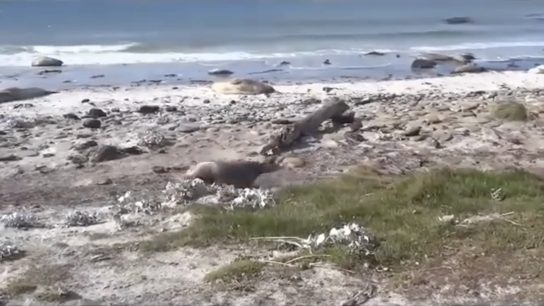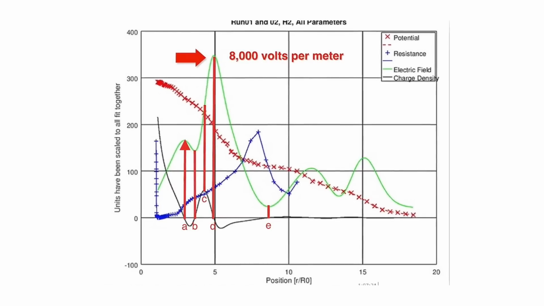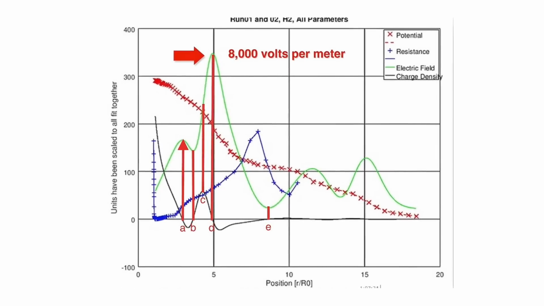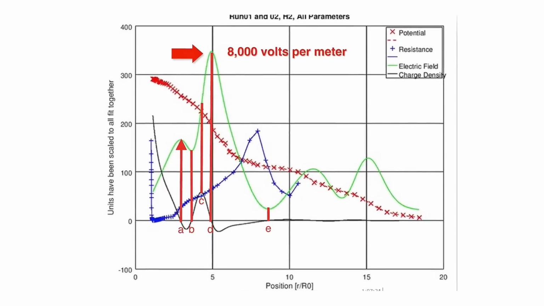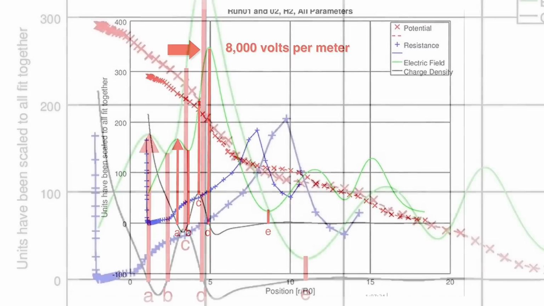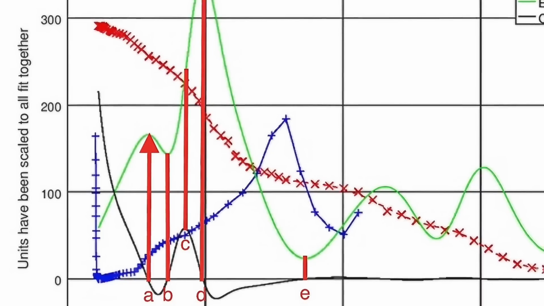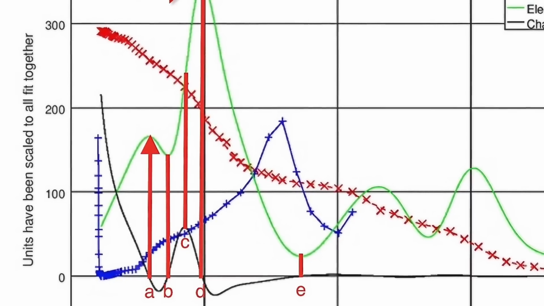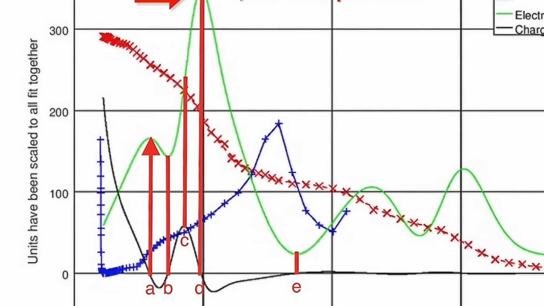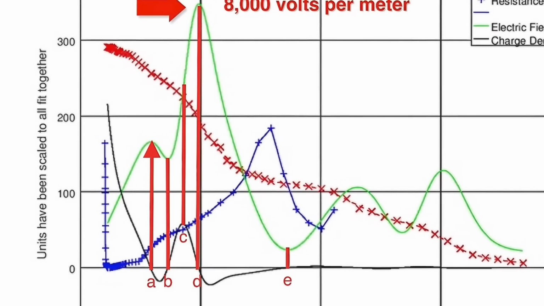In our case, the force is electrical, not gravitational, and this obeys Maxwell's equations rather than Newton's. And Maxwell's equation is that the E field is the negative of the gradient of the voltage. Or in other words, in English, the E field is the negative of the slope of the voltage plot. So this radius value, the positive maximum of the E field plot, is the location where the downward slope of the voltage plot is steepest.